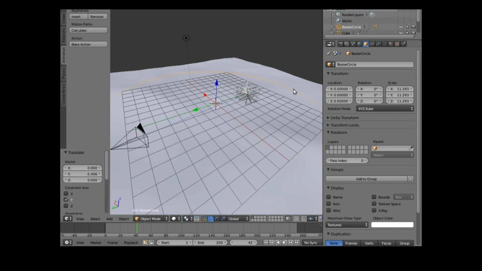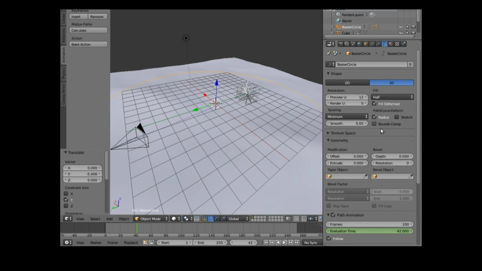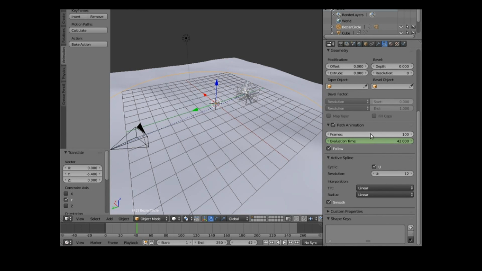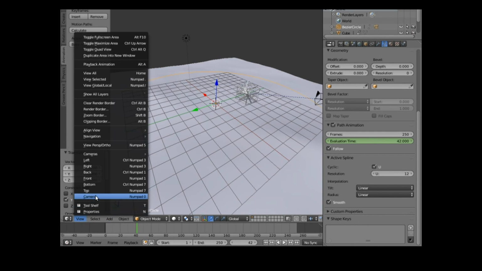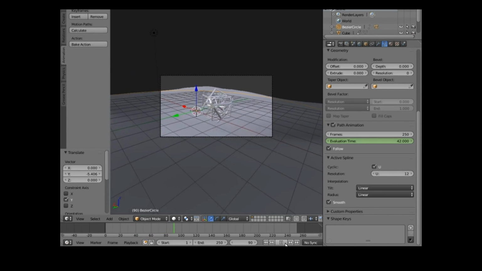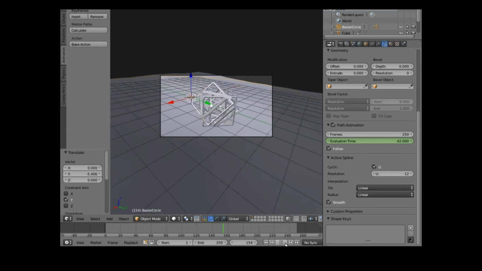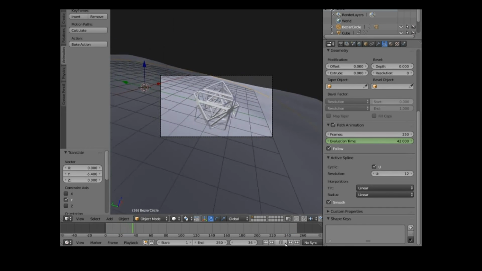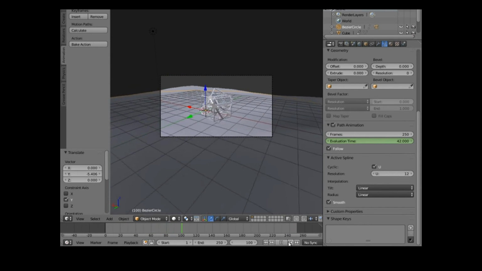So if I click on the curve, click on this little curve tool up here, and we can see that we've got a path animation. It's only 100 frames. We want it to be the full length of our animation, which is 250 frames. And now if we do that again, so,